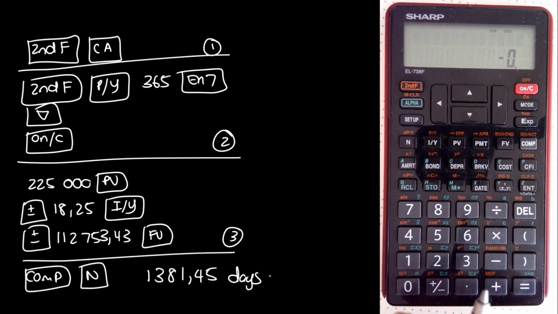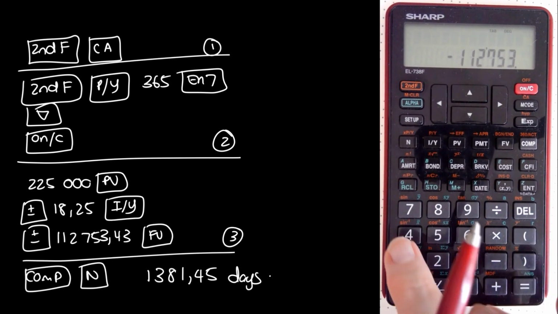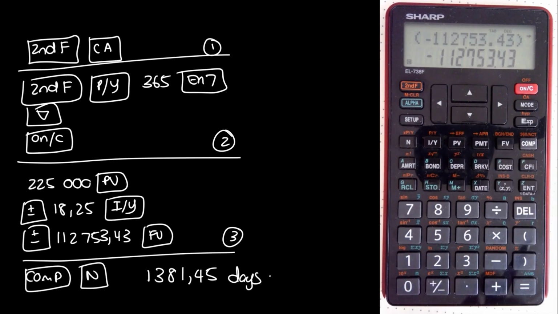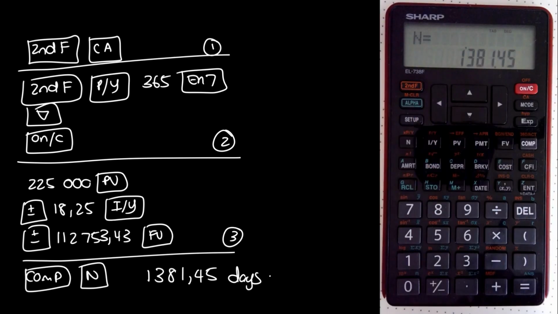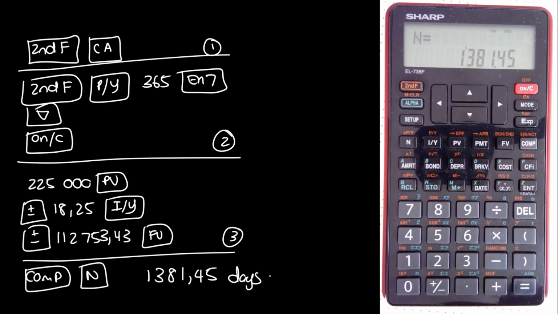So we have minus 112,753.43, the future value. And then we ask it to compute N. And now you see it's 1381.45, and that corresponds to our compounding periods. So it's 1381.45 days. It's book value